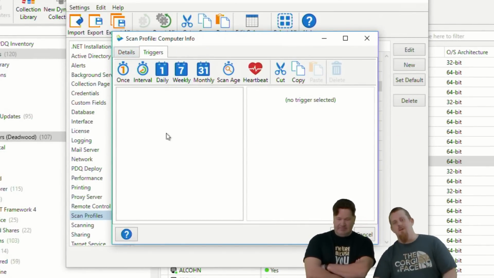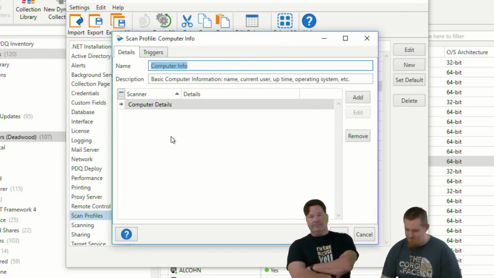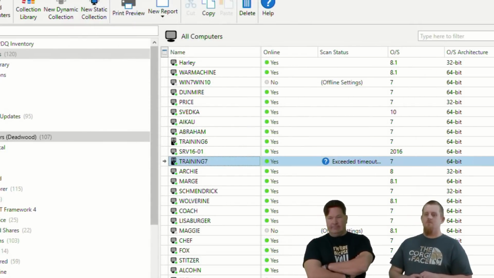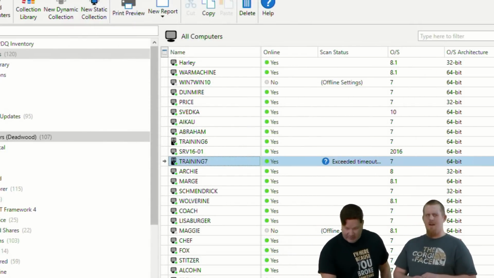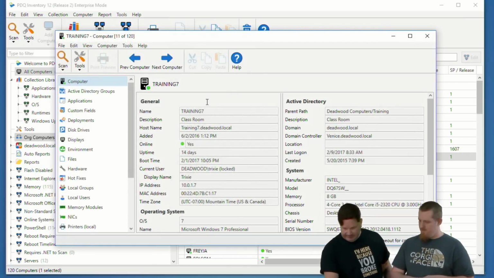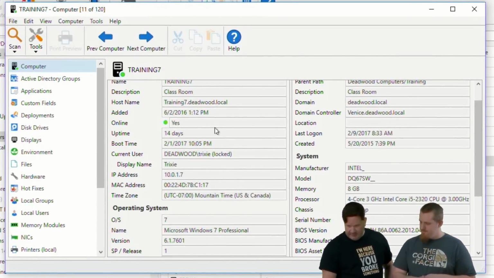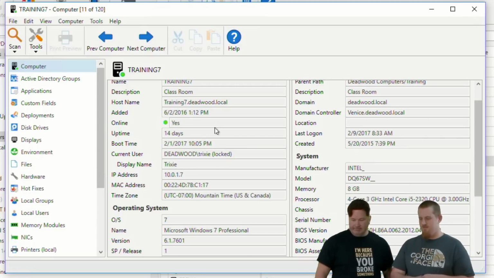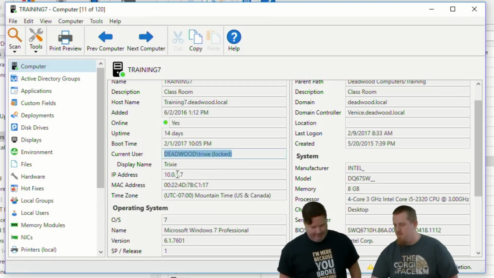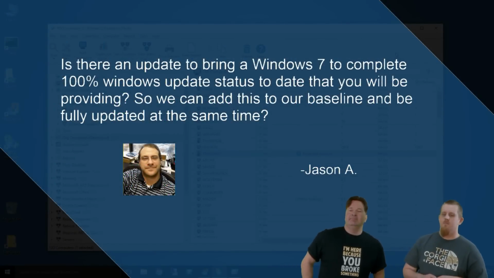The computer info is one of the default scan profiles. It uses the computer details scanner. That's the one you want. You can also get that info, and do you want to see where that information from WMI would show up? Should we show where it's locked? Computer information. Right there, current user. There you go. Sweet. Voila. We'll get that highlighter thing fixed. Sorry, guys, I'll highlight with my selector. There.